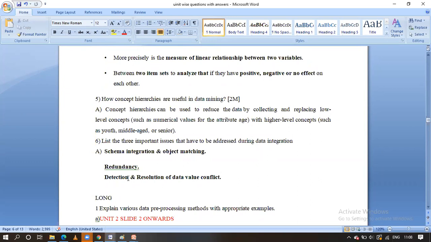But in that data set, one attribute name is price. In India, we are going to represent the price in rupees. In the UK, they are going to represent the attribute value in pounds. And elsewhere, they are going to represent the price in dollars, guys. Before integrating, we have to take it to one unified format. Only after that can we combine. That is the third issue, guys: data value conflict.